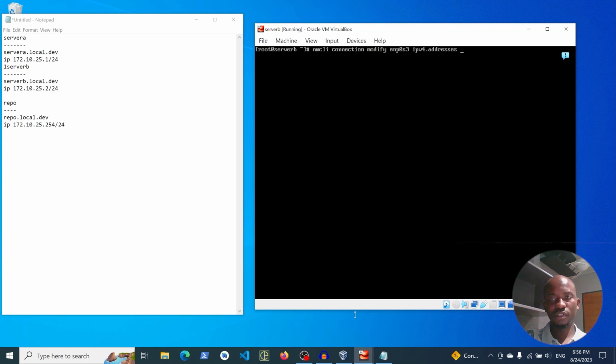As you can see, I was at the start of the command prompt and I want to go to the end. I can press Command E to go to the end, and Command A to go to the beginning. So I press Command E, which brings me to the end. I can now type my IP address 172.10.25.2/24, ipv4.gateway